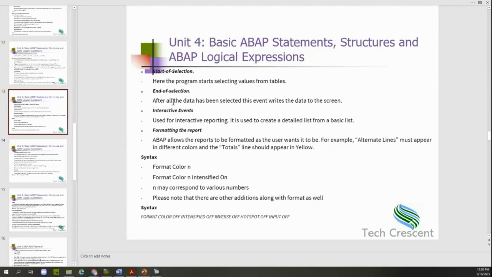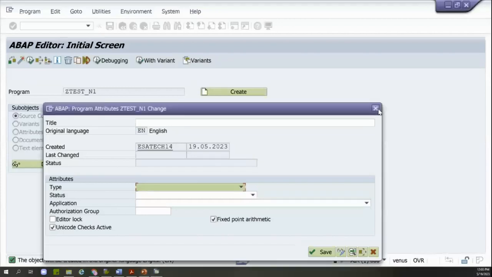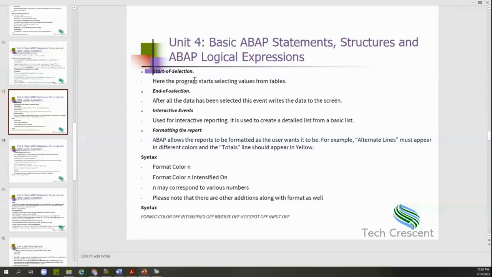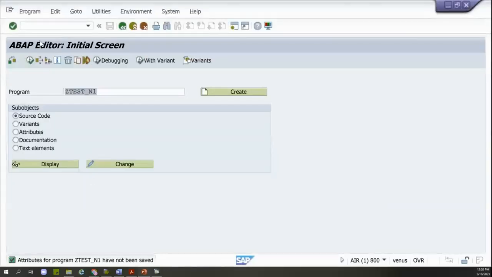And START-OF-SELECTION is where, whatever programs we are writing right now, we can do it in the start of selection. Here the program starts selecting the values from the tables. So that means, if I go here,